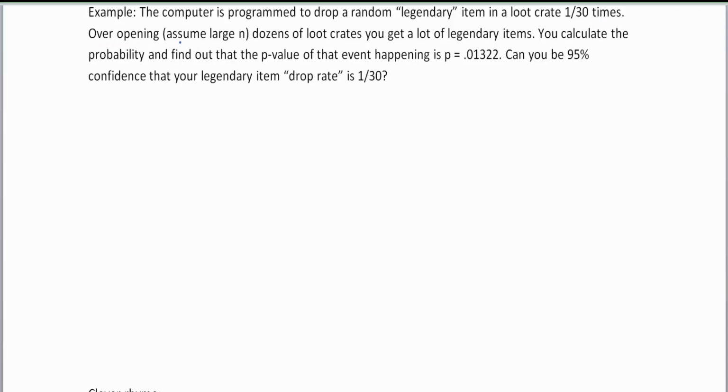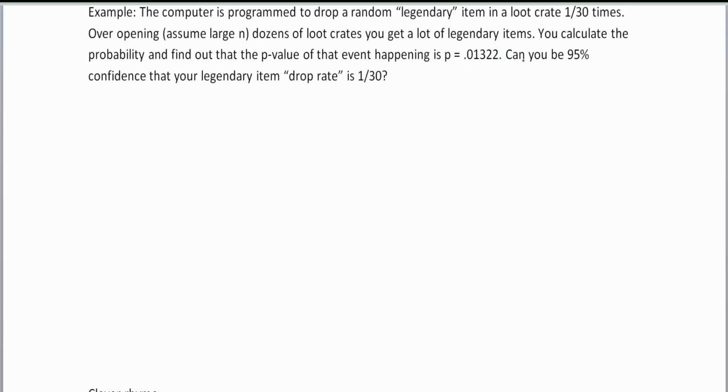Over opening up, and we're going to assume a very large number of dozens of loot crates, you'll notice that, hey, you got a lot of legendary items. Now, you did some calculations, and again, this is more part of the hypothesis test, but let's just get to the very answer here. You calculate the probability, and you find out that the p-value of that event happening, that's you opening up all those boxes and getting more than what you feel is the normal legendary drop, is this